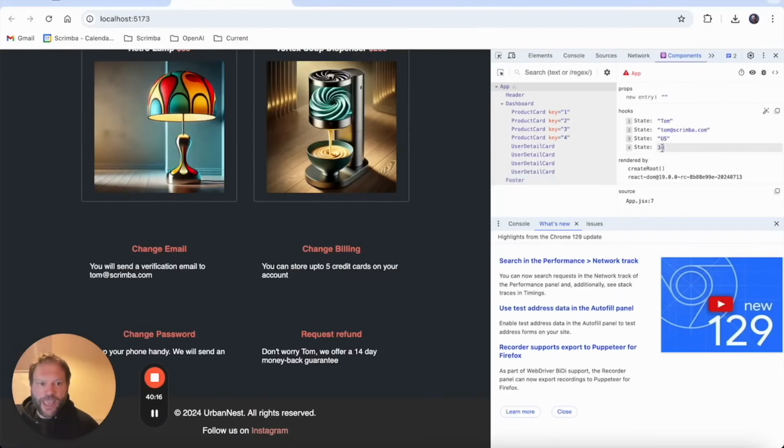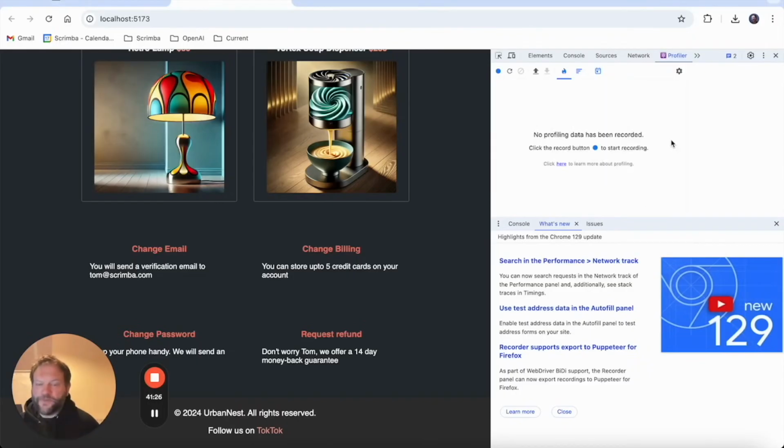Let's change my age to 130. And now it says, follow us on Facebook. Take it down to age 1, follow us on TikTok. So you can really see how the state that you change is percolating down through the apps as it's passed down as props. So that can be really, really useful for understanding how an app works and of course for debugging.